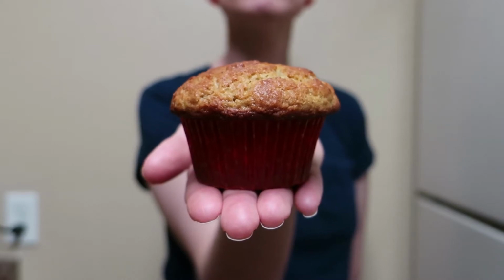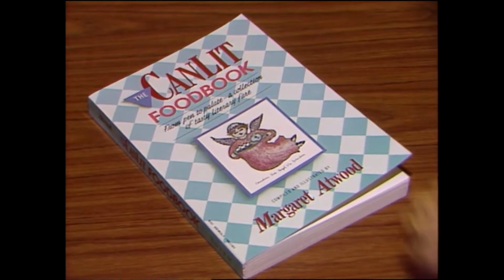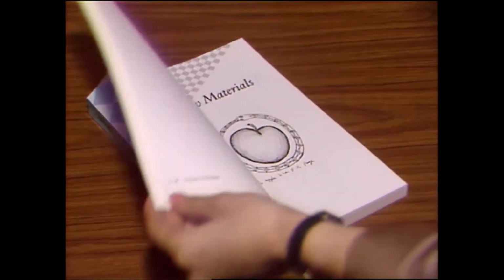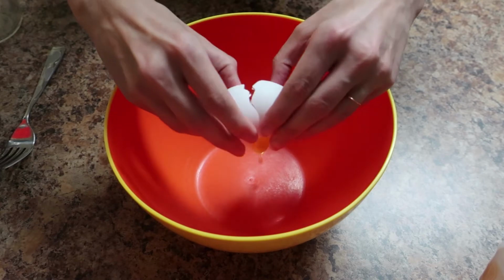Today, I'm making Atwood's Feed Everyone Wheat Germ Muffins from the CanLit Foodbook, which was compiled and illustrated by Margaret Atwood, the author of The Handmaid's Tale. This recipe calls for 3 eggs,